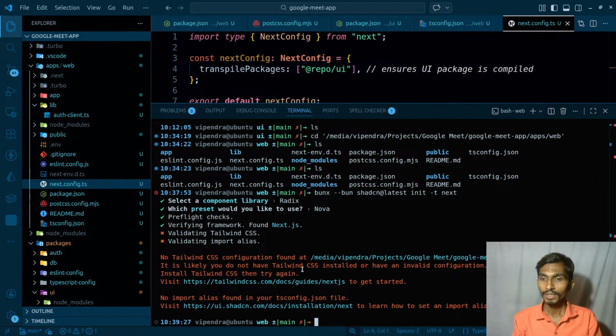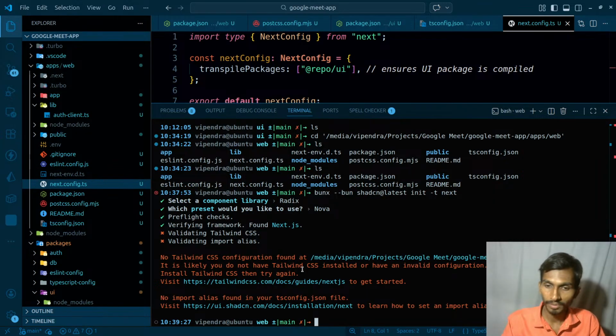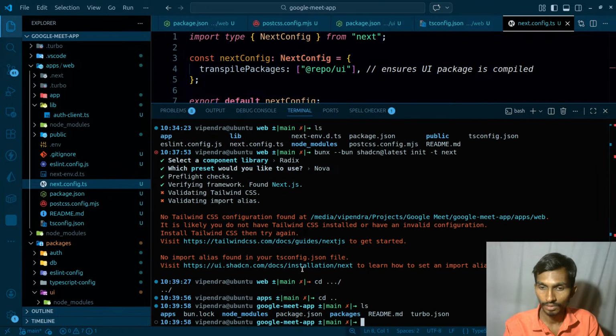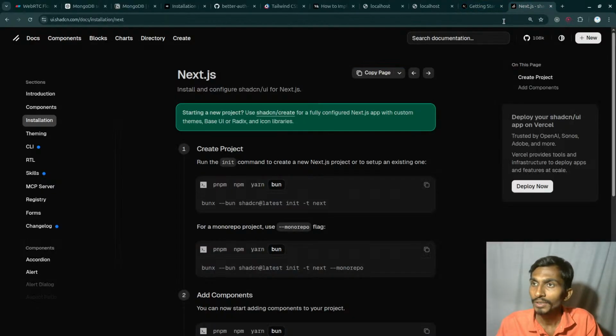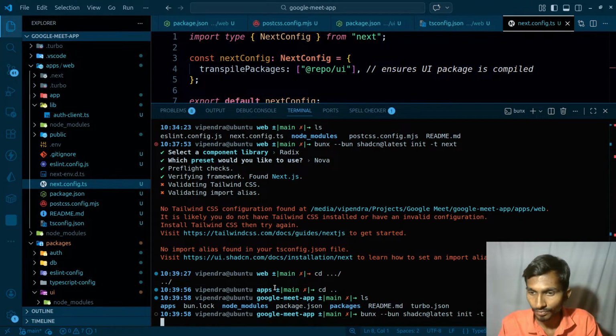Ooh, great job. The thing is that no Tailwind CSS configuration was found. It is likely you do not have Tailwind CSS installed or have an invalid configuration. Then from the guide, no imports are found at all. That is okay. First of all, let me run this command in the root dir as well. This is the root dir, and this is the command for the shared monorepo. So if I actually run this particular command,